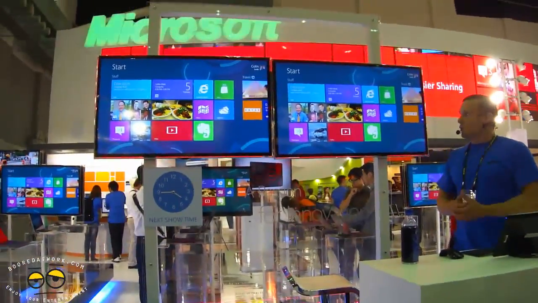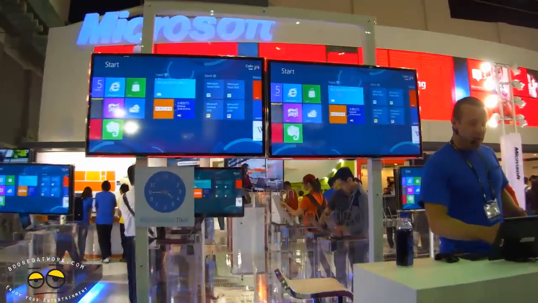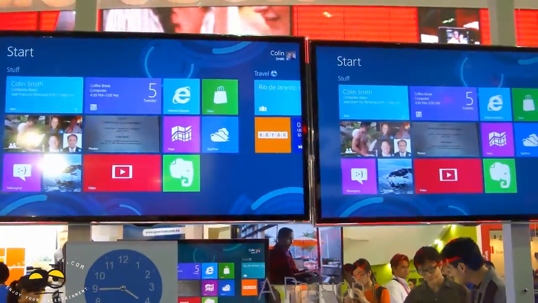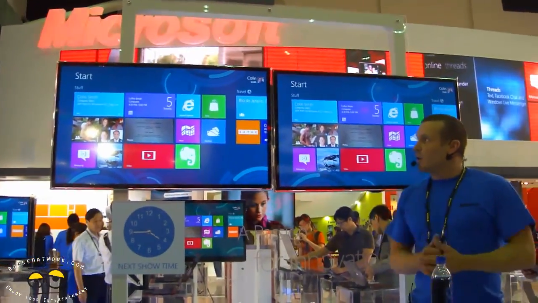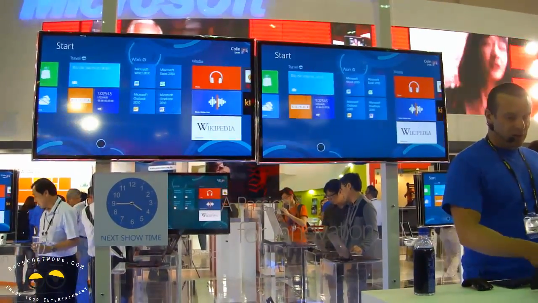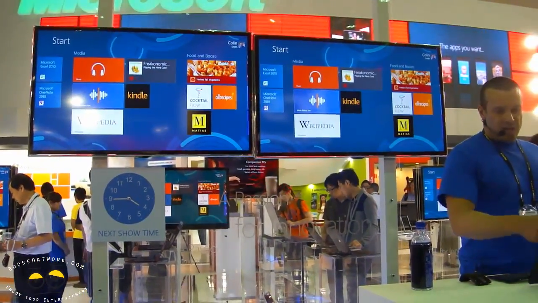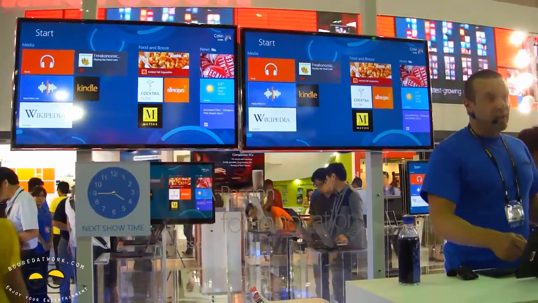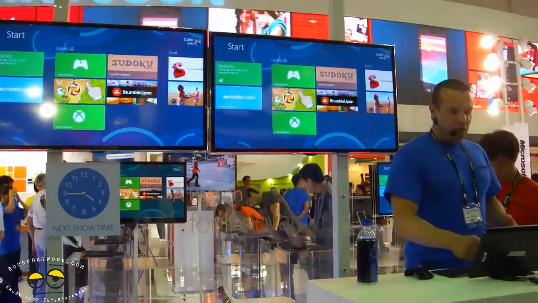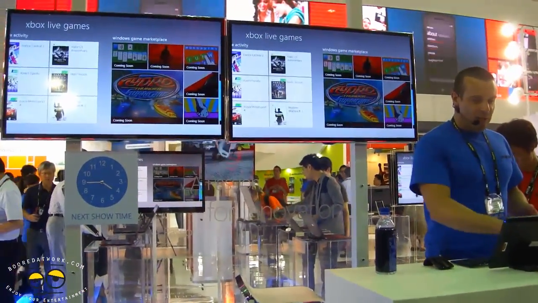So this is my start screen. As you can see, it's a very fast and fluid interface. I have all of the stuff that I use most regularly here on the left, and then I've organized a few other things. I have a travel section, my work stuff, my media section, including the podcast that I like to listen to, recipes, my news section, a bunch of games,